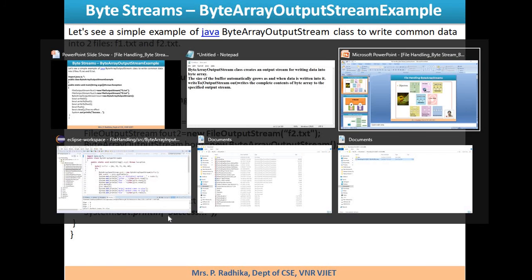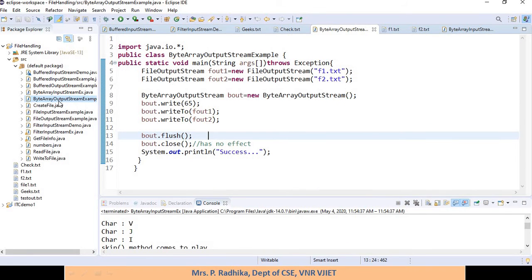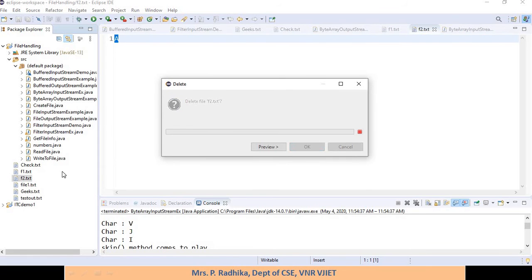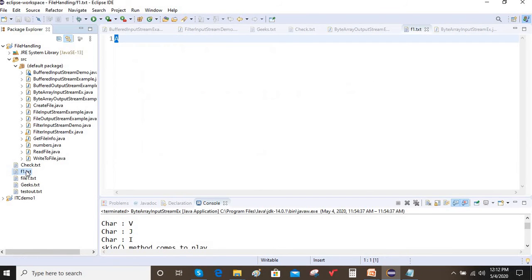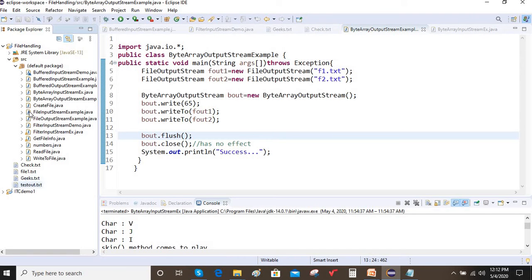Let's see this in the Eclipse workspace. ByteArrayOutputStreamExample. Initially, I'm deleting these files. Now you can observe that this project does not have these two files.